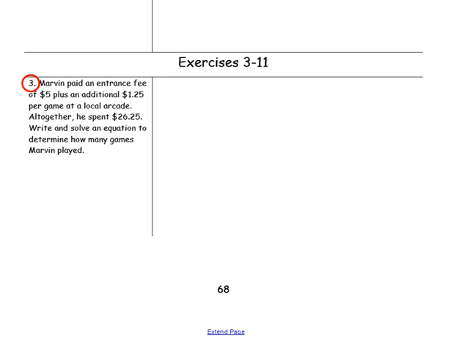The entrance fee of $5 is a constant. In addition to the $5, we'll be paying $1.25 per game. How do you write $1.25 per game when you don't know how many games he played? Well, we use a variable x for the number of games. And then the total cost of the games would be $1.25 times x. So we have $1.25 times x plus 5, and he spent a total, or altogether, $26.25. So that's going to add up to